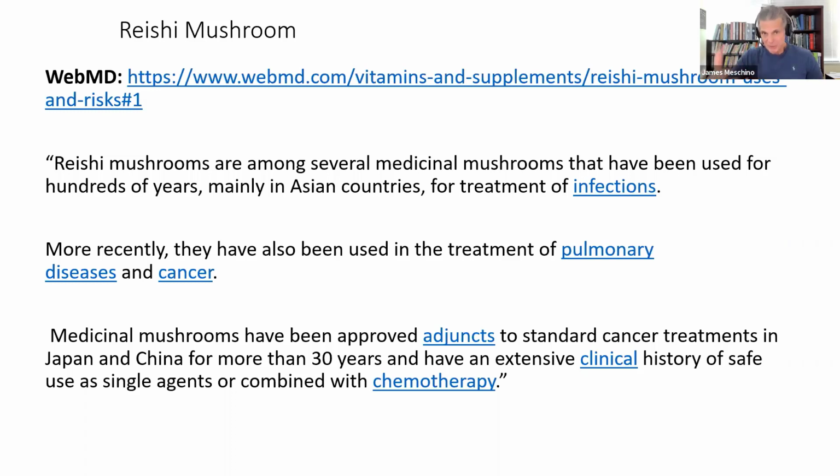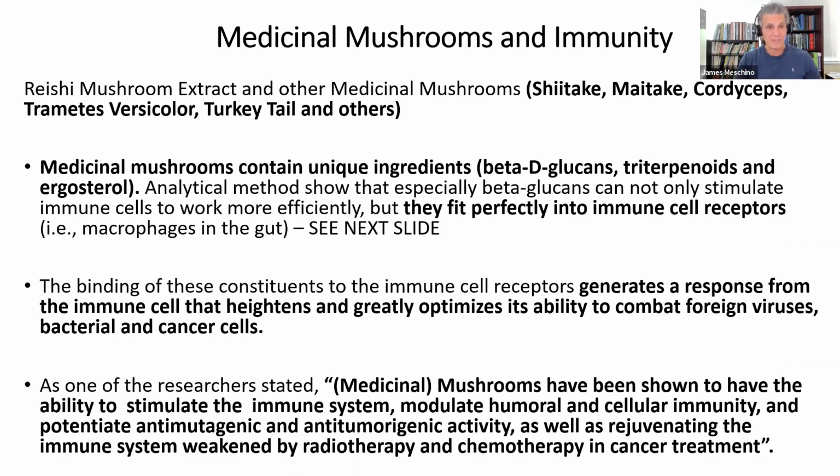This is one of the things people can use, but forget about already having cancer. You want to try to prevent it. And that's where these things become very important. So reishi, when you look at the different medicinal mushrooms related to immunity, I'm going to show you the studies on this, but medicinal mushrooms contain unique ingredients, especially the beta-D glucans, also triterpenoids, but the glucans are really